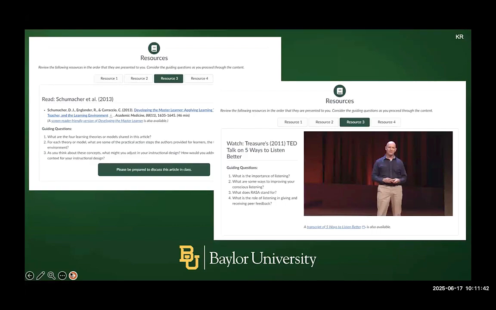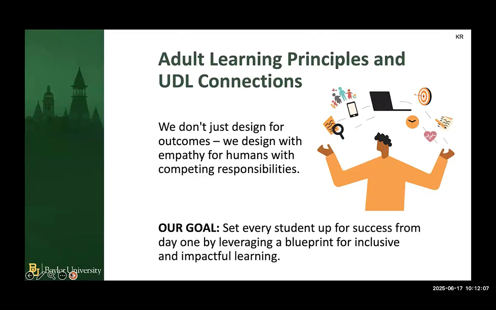It looks like screen reader friendly versions of PDFs that are just there and offered and called out, but not in an obnoxious way, just like, hey, if you need it, it's here. And that's just the standard that we bring to elevate, not just to meet the law, but to be a step ahead. And that brings us to how do we think about adult learning principles, universal design for learning,